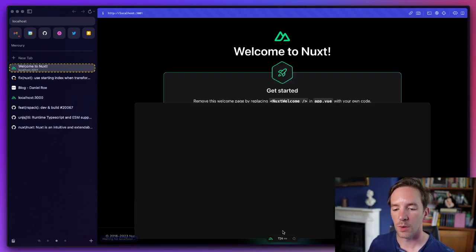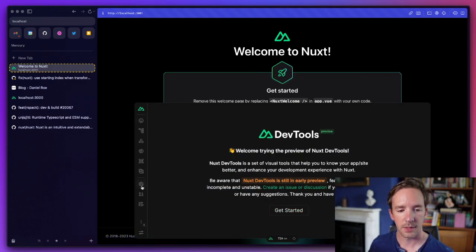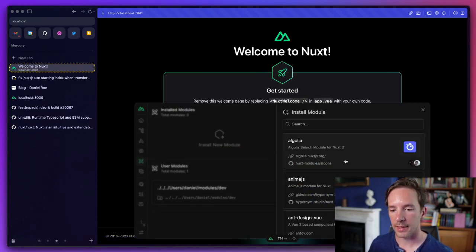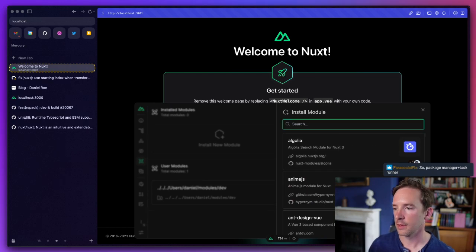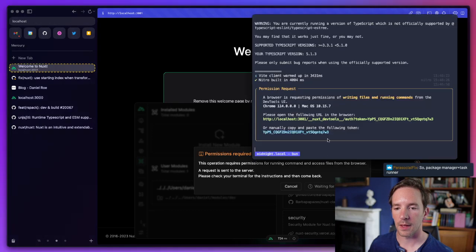process. So if I were to open DevTools and where are my modules? And I were to add a new module like, say, Sanity. I need to open this URL.